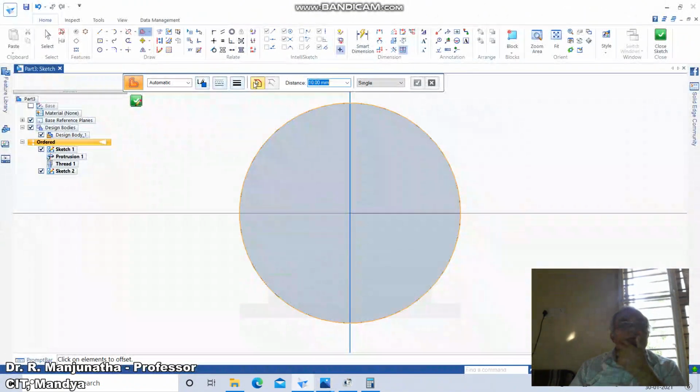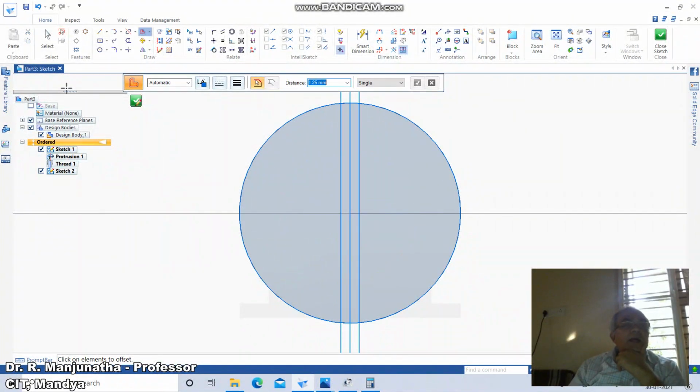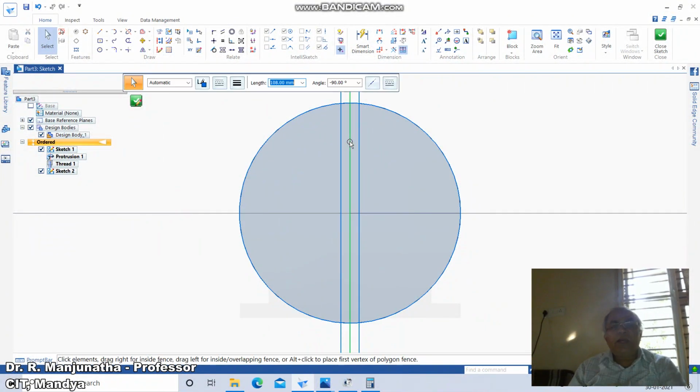So to do that, go to offset, take 2.5 means 1.25 on either side. Sorry, from here you accept on this side and also on this side and then go to select this center line and delete it and then go to trim.